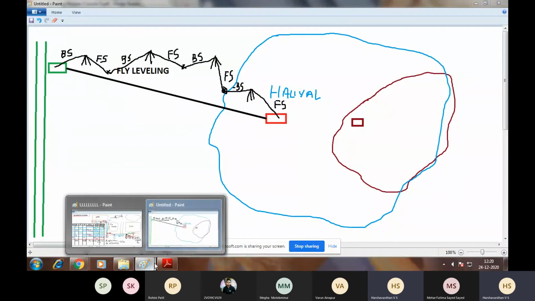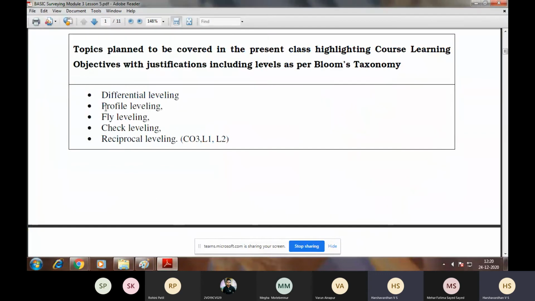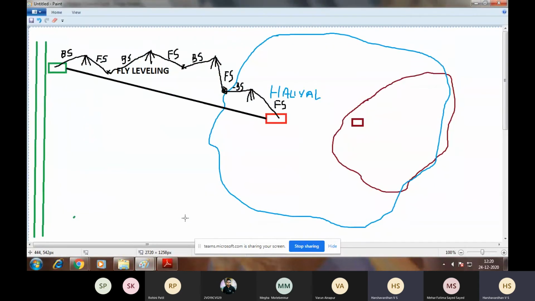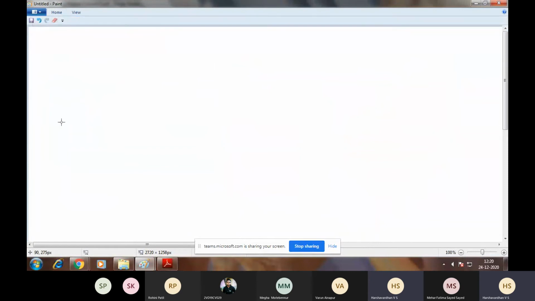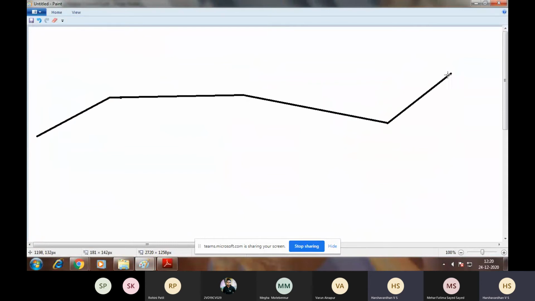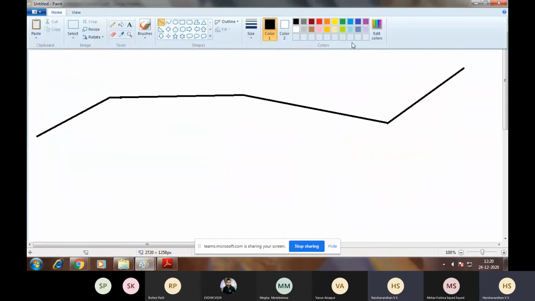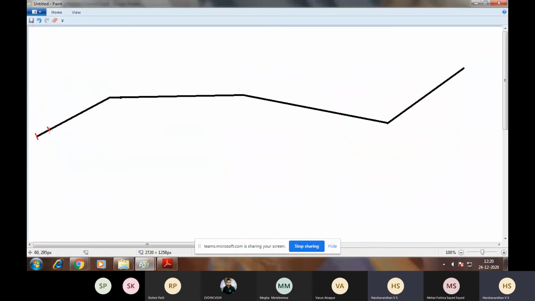Okay. The next type of leveling is profile leveling. Profile leveling is a type of leveling conducted for roads. If this is the center line of the road, I want to know the profile of this center line. So at regular intervals, at 0, 10 meter, 20 meter, 30 meter, 40, 50, and so on,